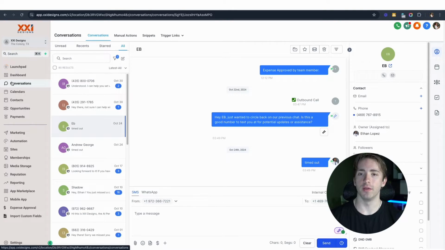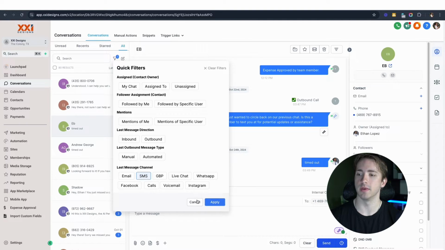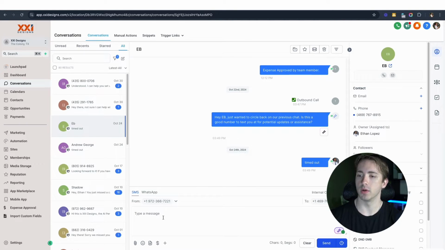On your sub account view, if you navigate to the Conversations tab, you'll be able to see all of your different conversations. And whenever you're in a conversation that is happening via SMS, you can do this via filters and look at only SMS channels. Then you'll be able to see whenever you are sending SMS, you can select the from number right here from